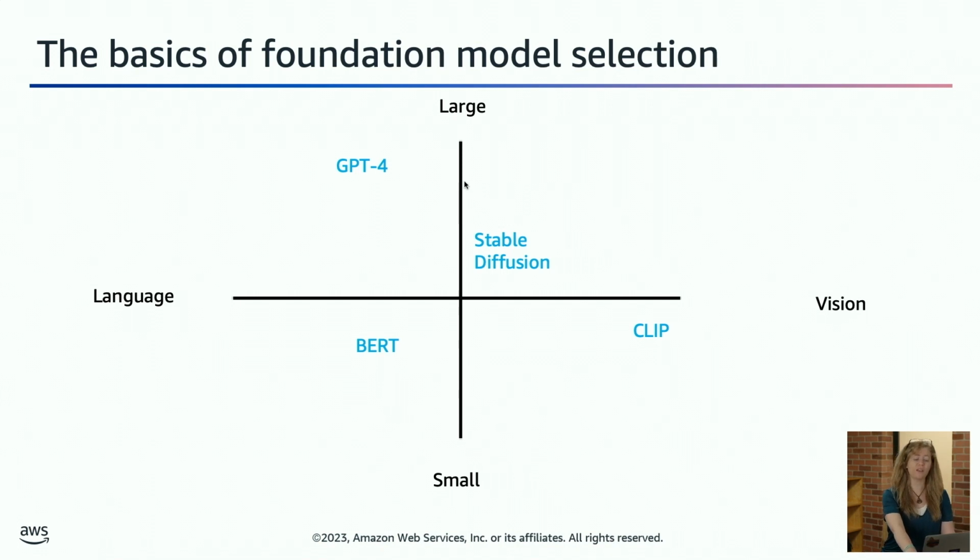Then you have this second dimension here, which is generally small to large. So there's a huge variation in the size of foundation models. Some foundation models are quite minute. Like our trusty BERT model is just about 100 million parameters, which sounds like a big number, but it actually on disk is quite small, and it can fit on a single GPU or a single accelerator, really almost without fail. BERT is a very small model, especially BERT base is quite tiny.